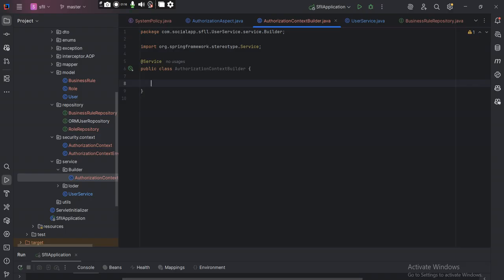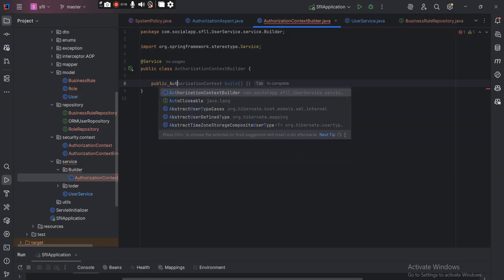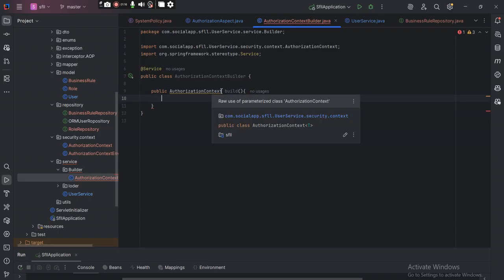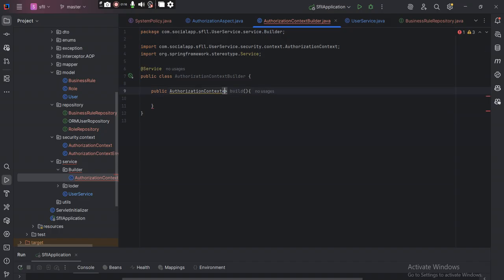Yeah, this will have a method. We say public, and then it's going to return an authorization context, and it's going to be built. And authorization context is going to take in something, and